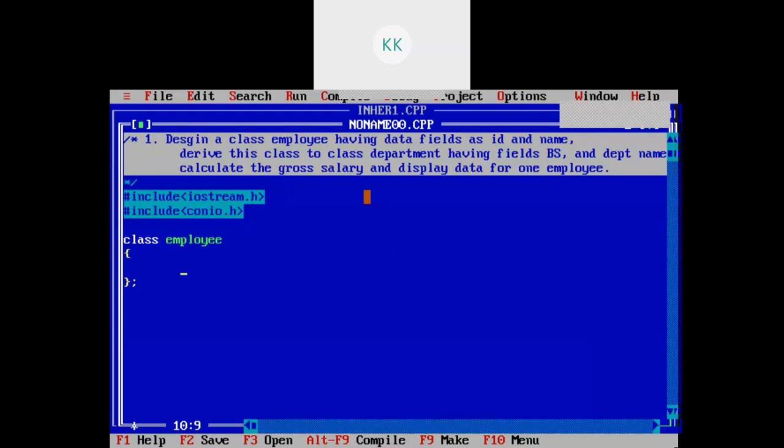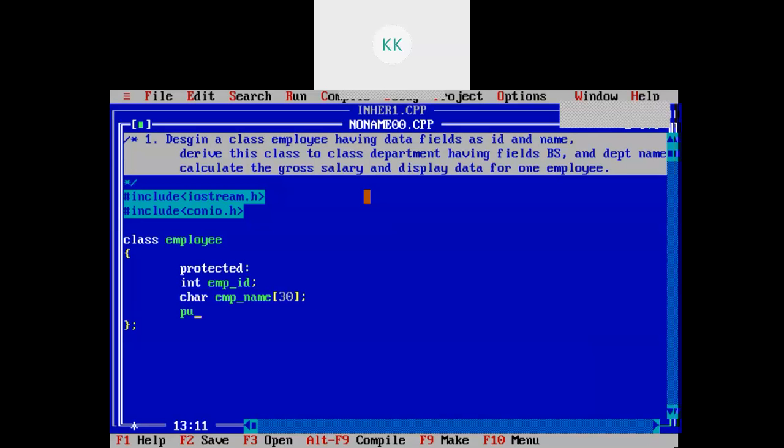Now since this class needs to be inherited into another class, we will use the access specifier as protected, rather than public. Then int employee underscore ID, and then a name is there. So the name can be a character string, emp name of 30.